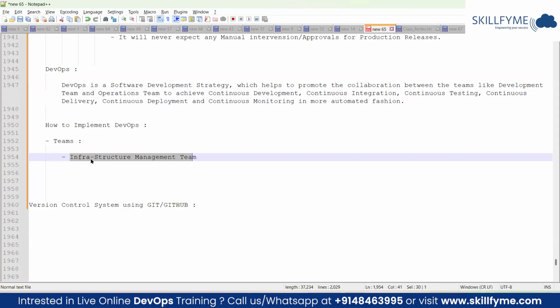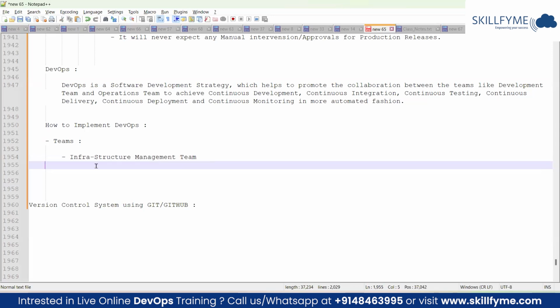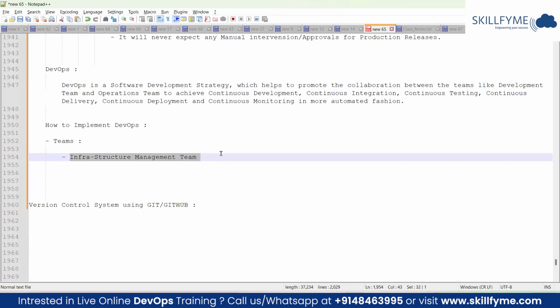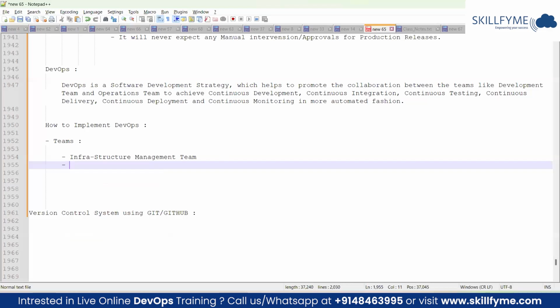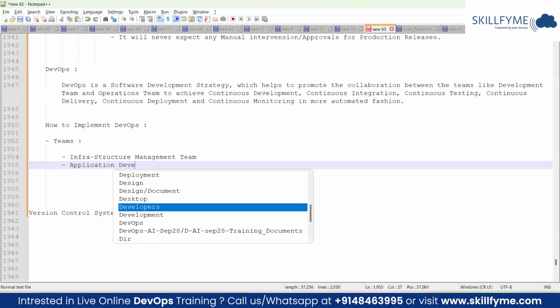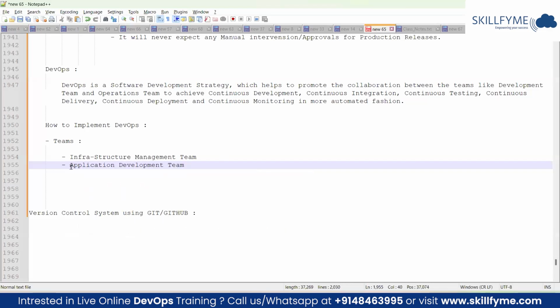So starting from the development till production, what are all the servers, what are all the tools needed, everything will be provisioned by this infra team. At any enterprise level, we'll be having this team, and you call them like the IT support team. Now, the next team is related to your application development team, AD. They are the core people whose responsibility is to develop the business application.